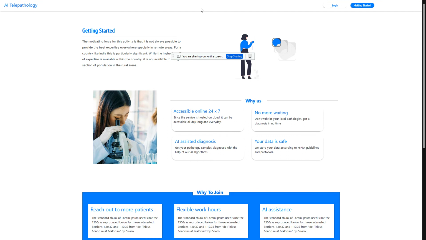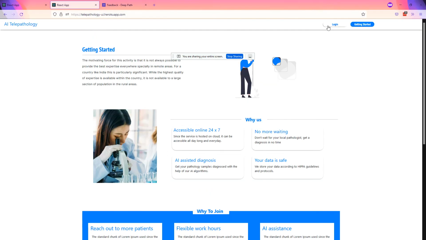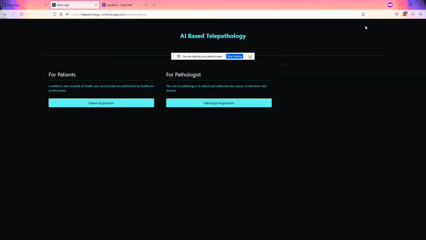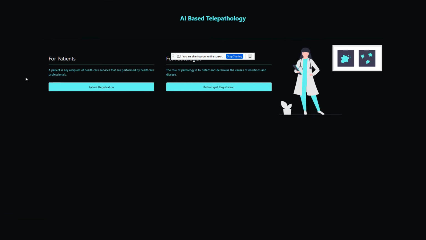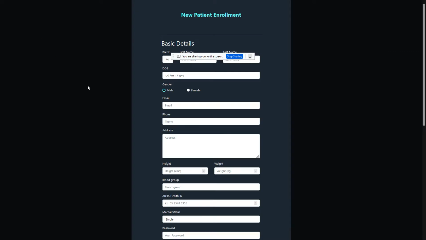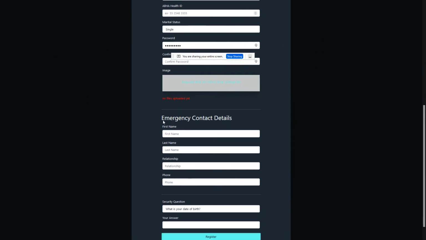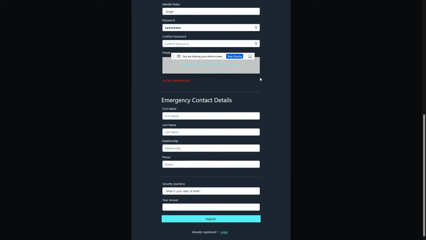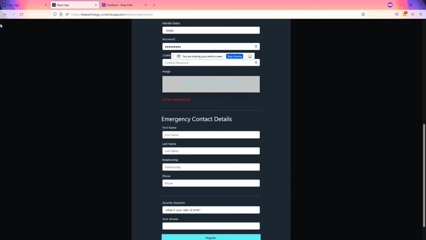This is the landing page, and you can get started from here. You can sign up with the patient registration and pathologist registration. If you go for patient registration, you can see all the details. I already registered with all these details, and I would like to show